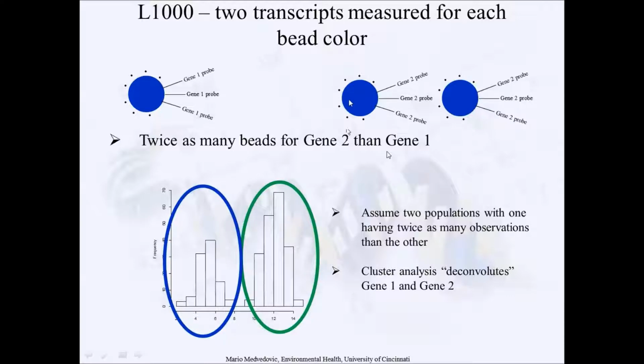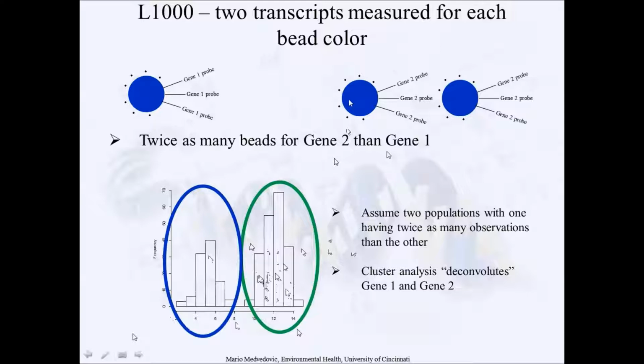On the x-axis are the measurements, log2 scale fluorescence intensities measured on this bead of one specific color. Intensity, thank you. Right. So basically we use both intensities and the presumed counts of these beads in different clusters of measurements to resolve which ones correspond to gene 1 and which one corresponds to